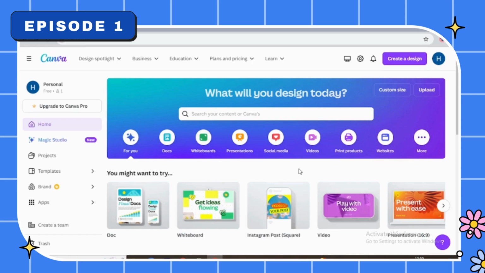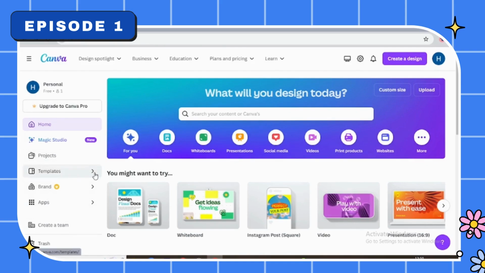So once you are logged in, you will be greeted with a very user-friendly interface. This is very easy to understand. The search bar is at the top, to quickly find the templates and the elements. On the left, you can explore various template categories.